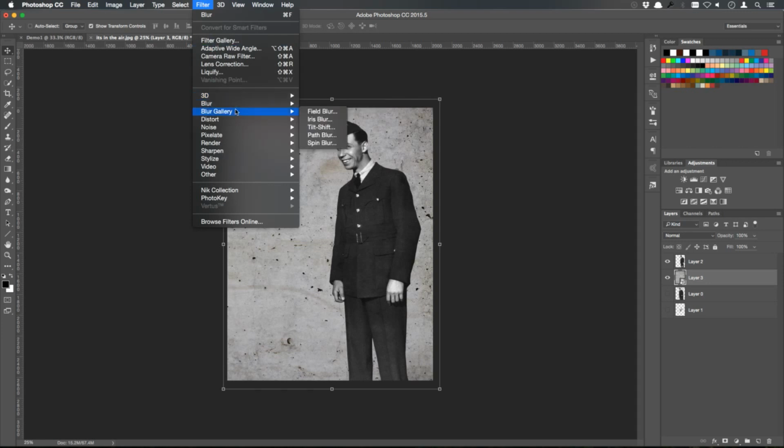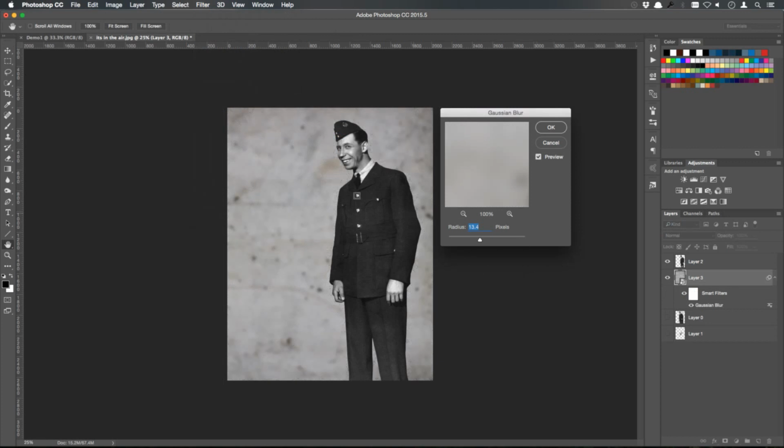Now, another way to do this, let's get rid of that. Hit the little bin icon at the bottom and I'll get rid of it. Another way to do that, and then right